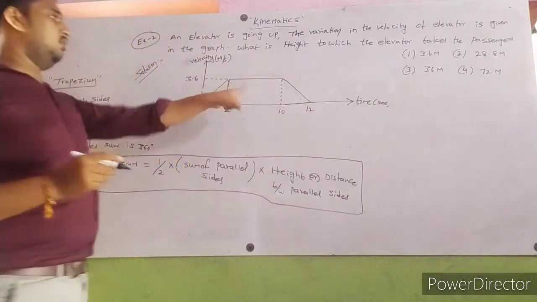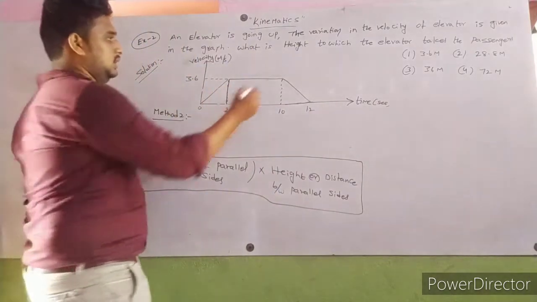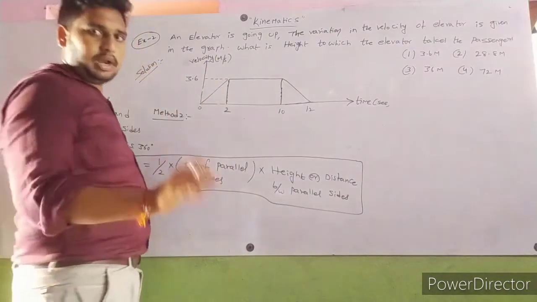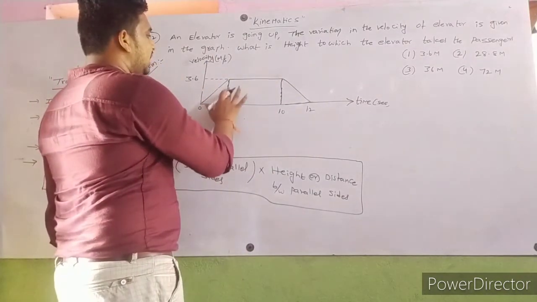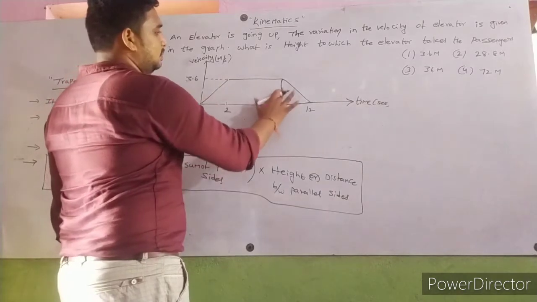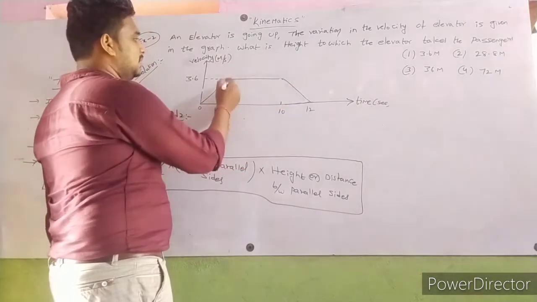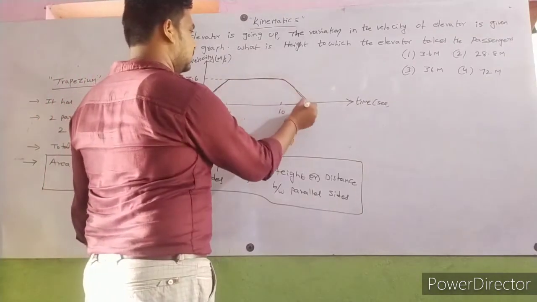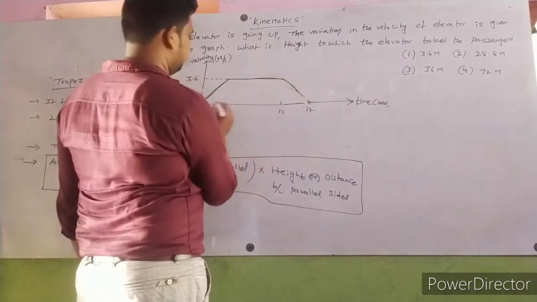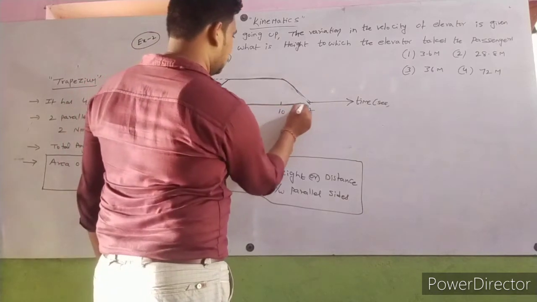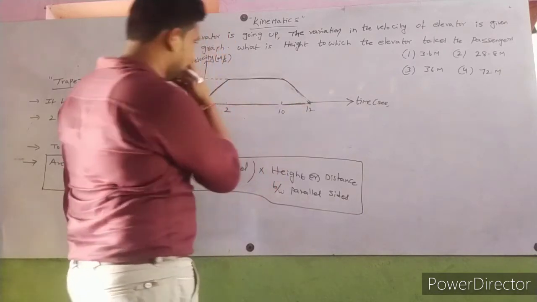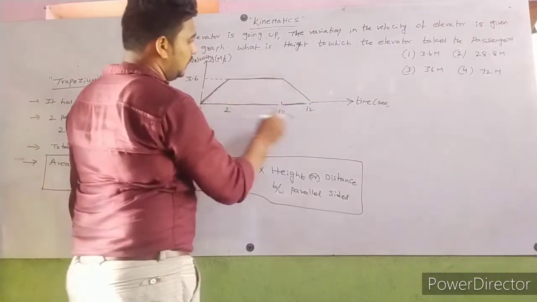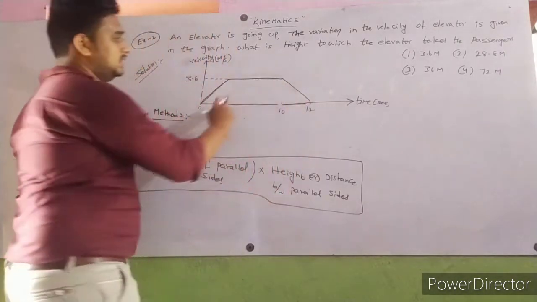This problem is solved like this, in three parts. This is one part, this is another part. So like this we are solving. This is one method. Next, we need not take parts, we can directly apply the formula. Observe this: is this a trapezium or not? Okay, it is a trapezium.